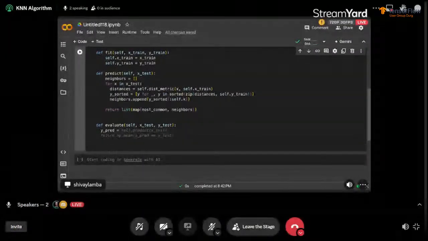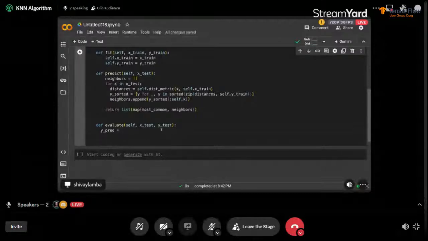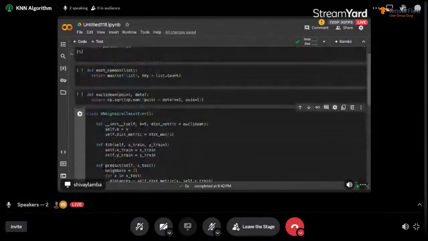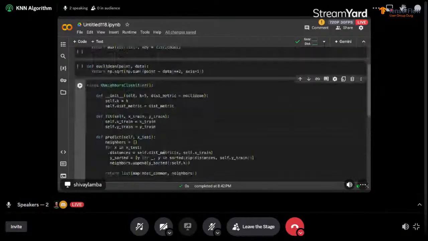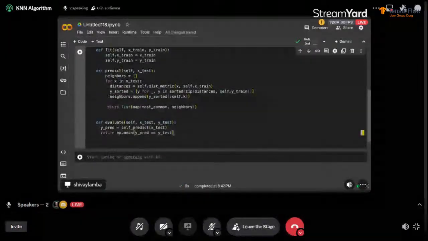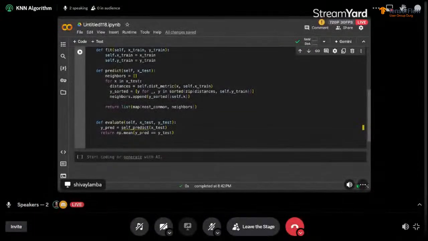So in this case, that will be the self predict with our X test. So we'll use the self.predict function, which we have defined over here, right? So we'll use self.predict on the X test. And in the end, we will also define a separate variable known as